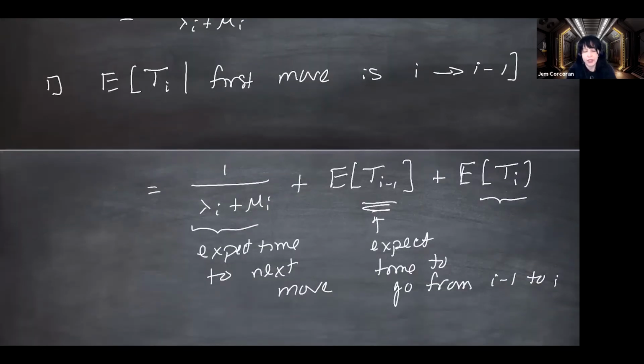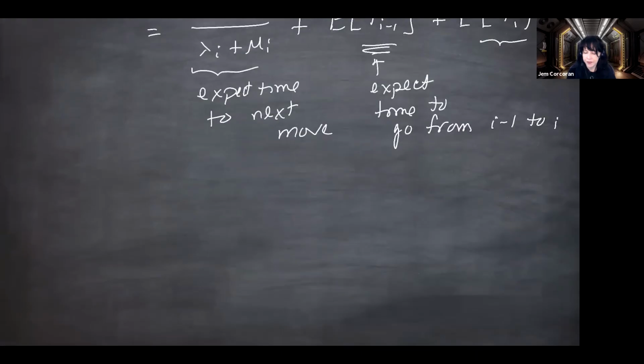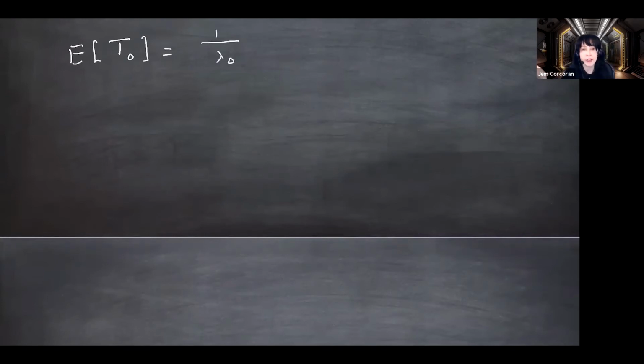So if I put this all together, it's a huge mess. Let me just state this once neatly. We've got the expected value of the time until the first birth, until we go to one individual starting with 0. This is 1 over the birth rate when there's 0 people in the population, because that's going to be an exponential amount of time, and the expectation or mean of the exponential is 1 over the rate.